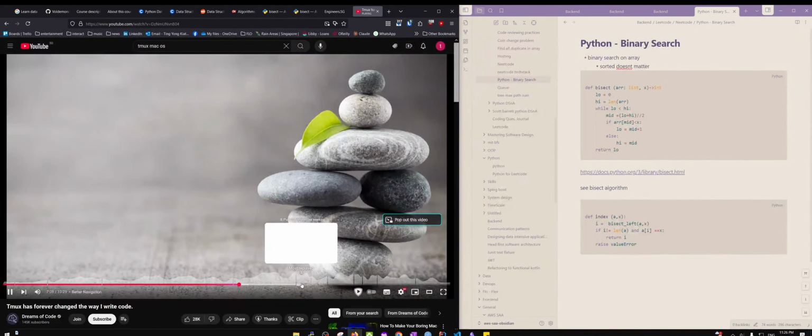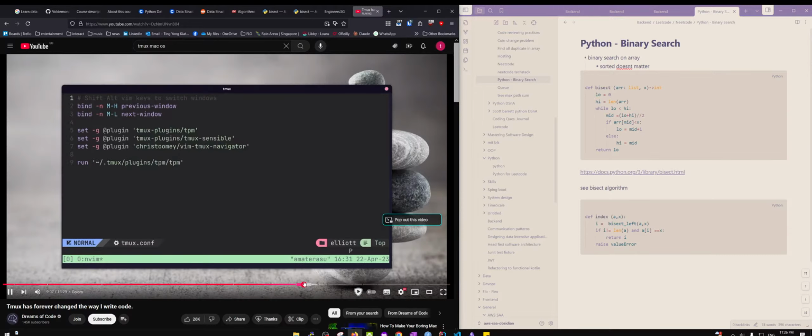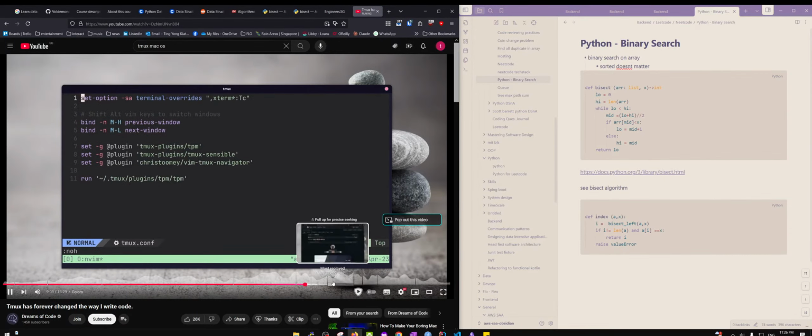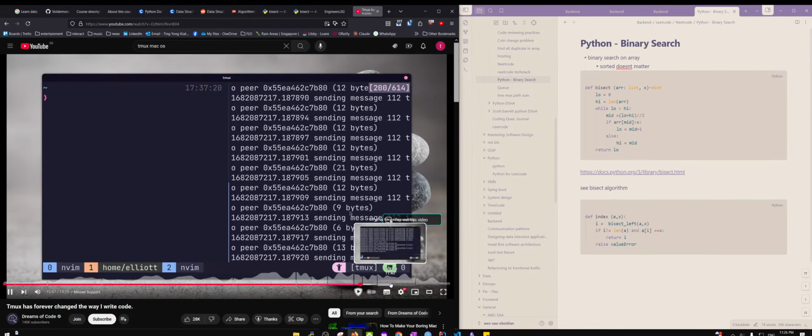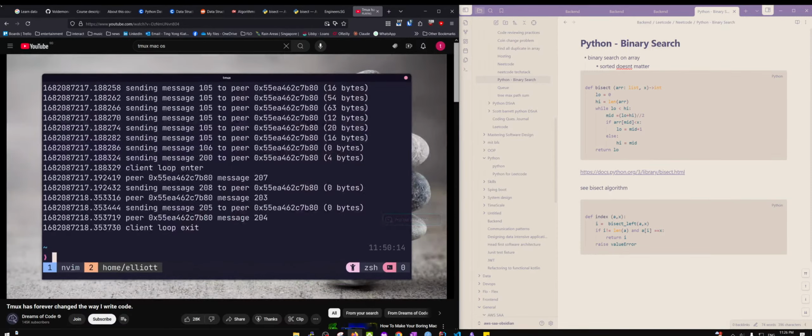I like to use a package called vim tmux navigator, setting the following line. This sets up a plugin for tmux as well, and we can enable the mouse wheel to scroll through, or by entering copy mode, which is through